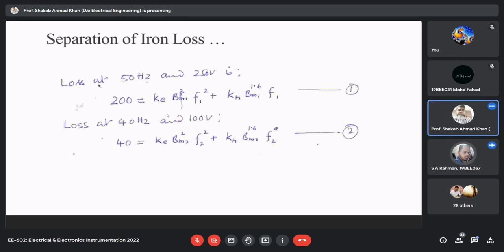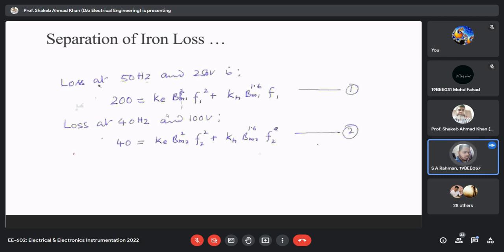सर हो जाएगा, V is directly proportional to B maximum square, और B maximum 1.6 मान के चलें। हम वेरिएबल्स कम कर सकते हैं, क्योंकि दो इक्वेशन है तो कितने अननोन मालूम कर सकते हैं आप? हाँ सर कर तो सकते हैं। आई विल ट्राई सर। नहीं, यू कैन नॉट ट्राई भाई। दो इक्वेशन है तो दो अननोन ही मालूम कर सकते हैं, ये तो मैथमेटिक्स है। यहाँ तो चार अननोन हैं, तो ये कैसे सॉल्व करोगे? 4 को 2 करना पड़ेगा सर।